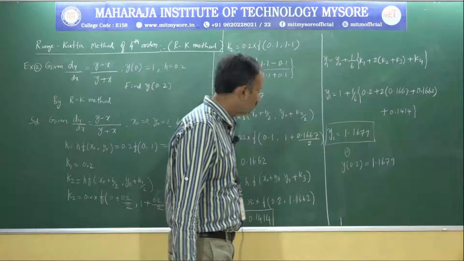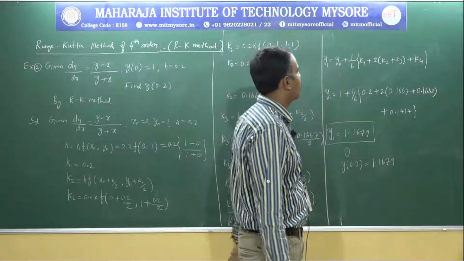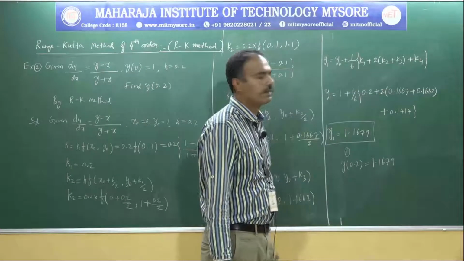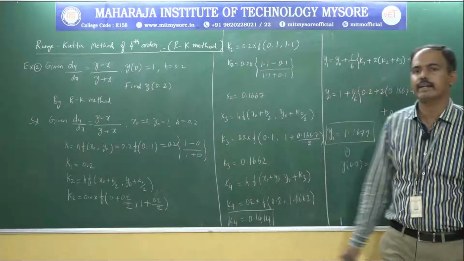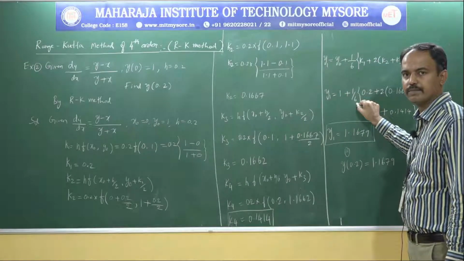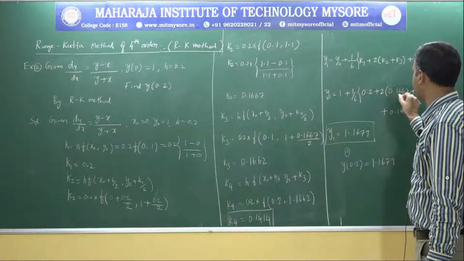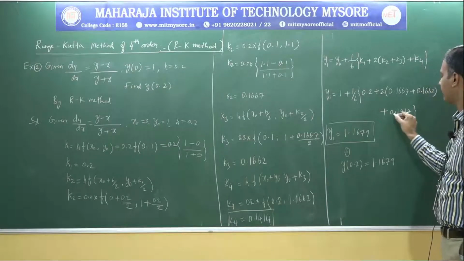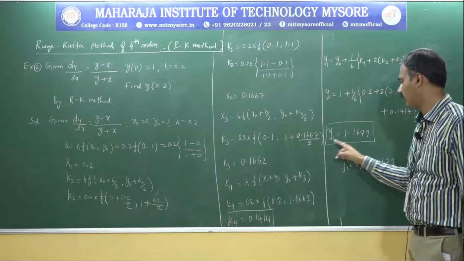0.1414. Next we can consider y1 is equal to y0 plus 1 by 6 times (k1 plus 2 k2 plus k3 plus k4). So y1 is equal to y0, which is 1, plus 1 by 6 times (k1 is 0.2, plus 2 into k2 which is 0.1667, plus k3 which is 0.1662, plus k4 which is 0.1414). Now using the calculator to simplify, we get y1